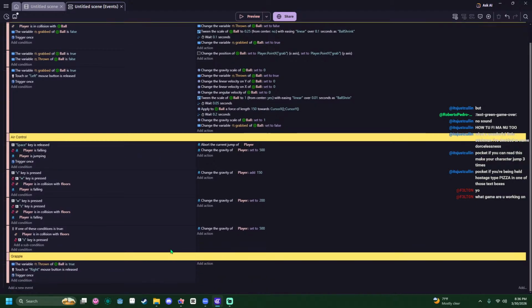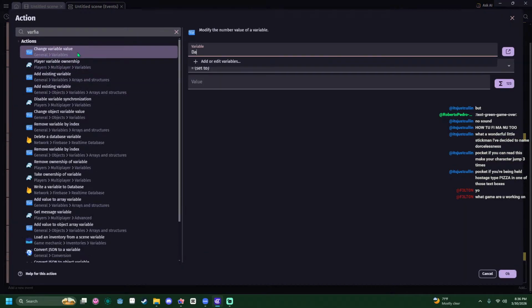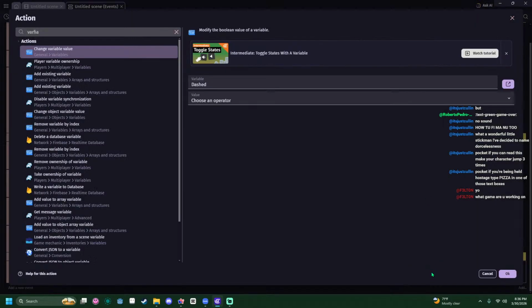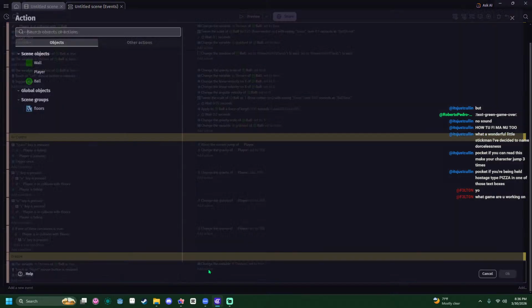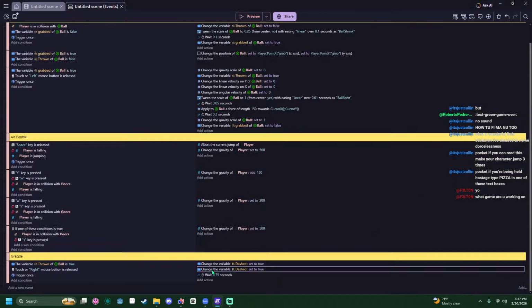Trigger once. Let's also make a timer, right? So variable dashed, Boolean, set to true. It's 0.75. And then set it back to false.